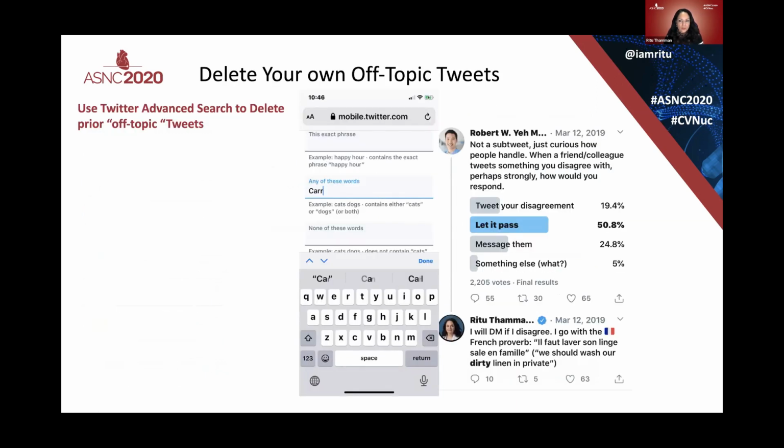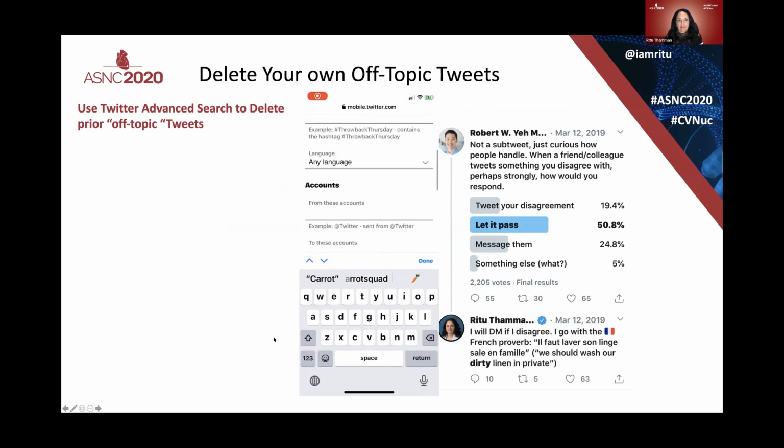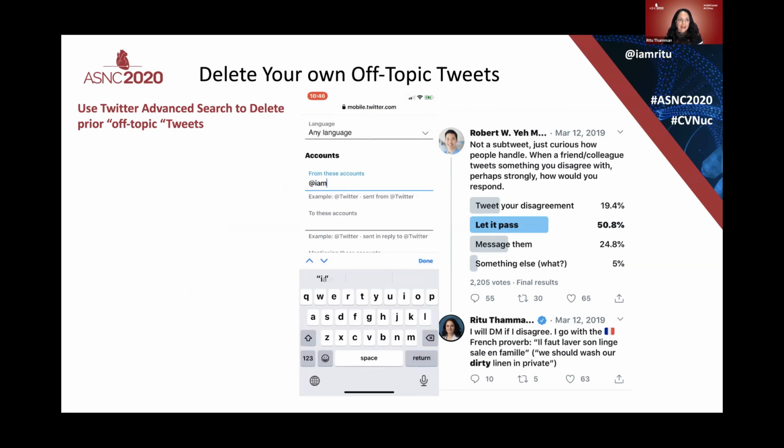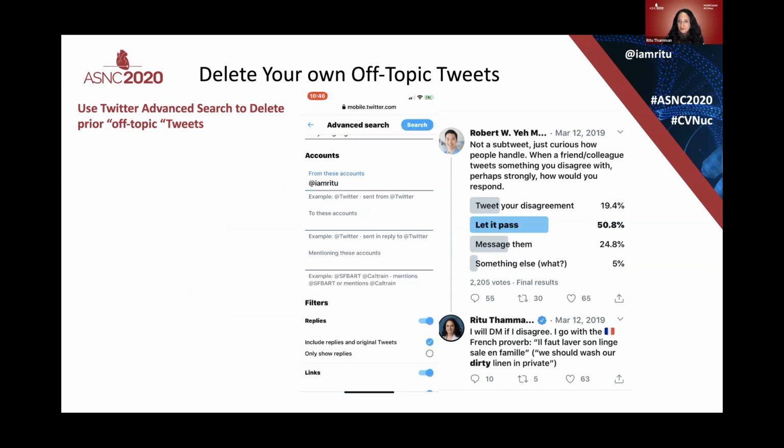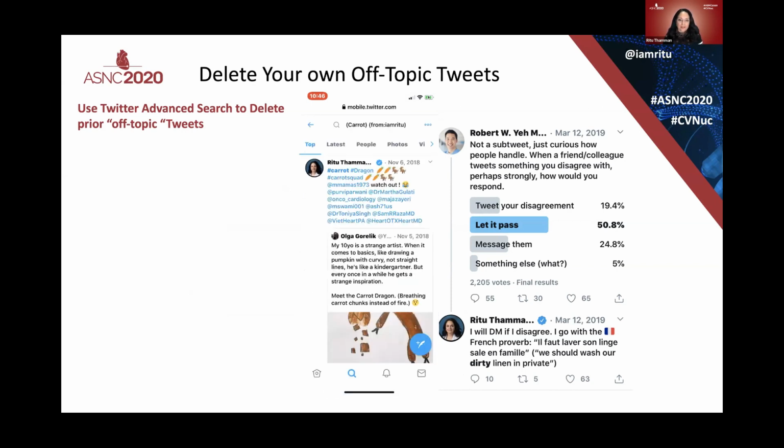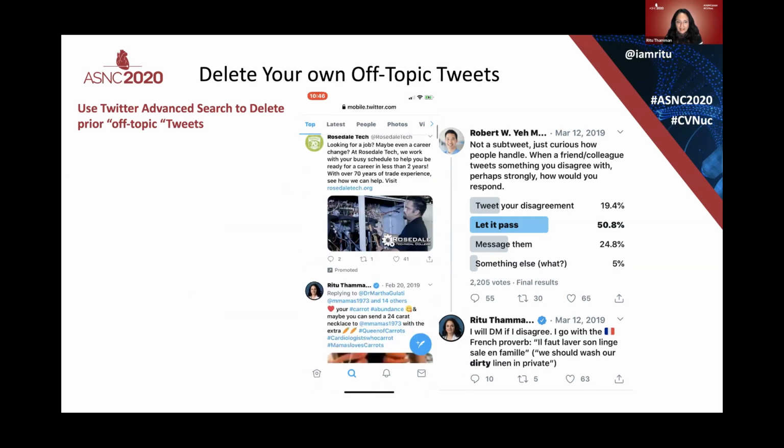You can also go and then delete your off-topic tweets. Now, in my case, I have a lot of tweets, but I have not gone back, but I wanted to show you just the example. If you go into Twitter Advanced Search, I went there and I just typed in carrot from my account. I wanted to see, okay, maybe there's something in there that I want to get rid of. But in fact, I ended up